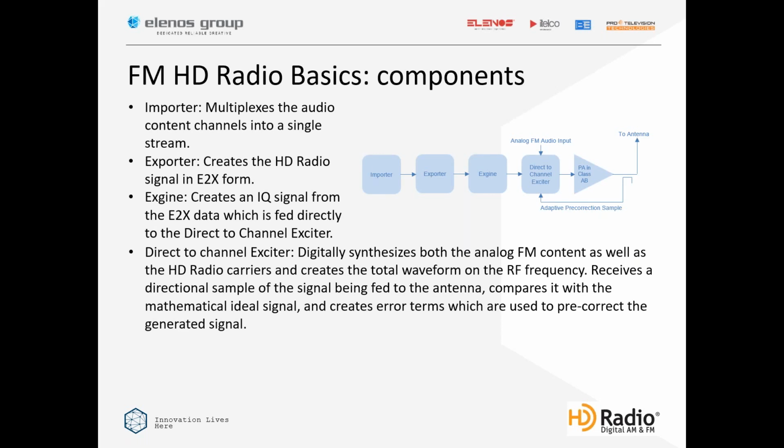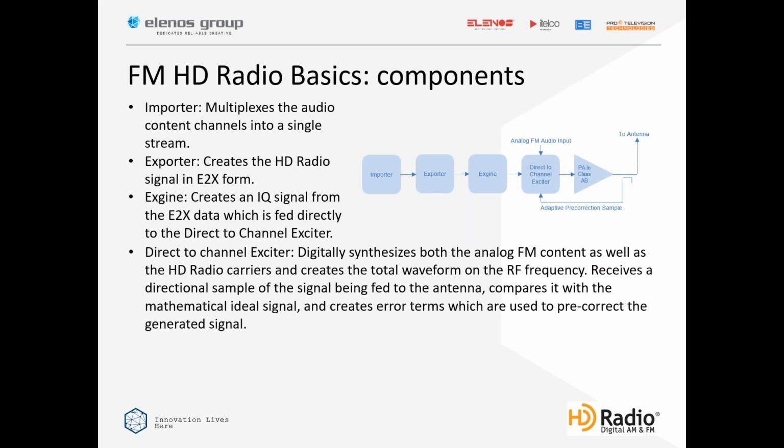An importer multiplexes the audio content channels into a single stream. The exporter creates the HD radio signal in what they call E to X form. So it's a particular protocol for transmitting from the exporter to the XGen. And then the XGen creates an INQ signal from the E to X data, which is fed directly to the